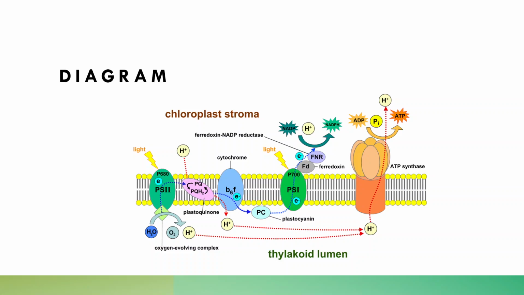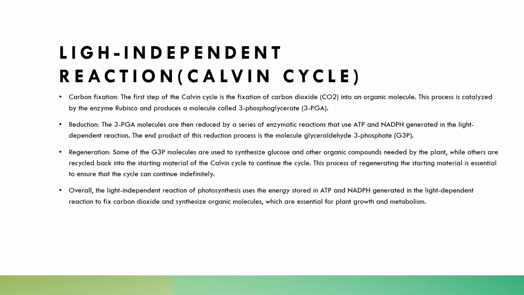These move through, creating a gradient, attracting more protons, which then allow for the production of ATP, and photosystem 1, having its own electron transport chain, helps to generate NADPH, which will then move into the light-independent reaction,